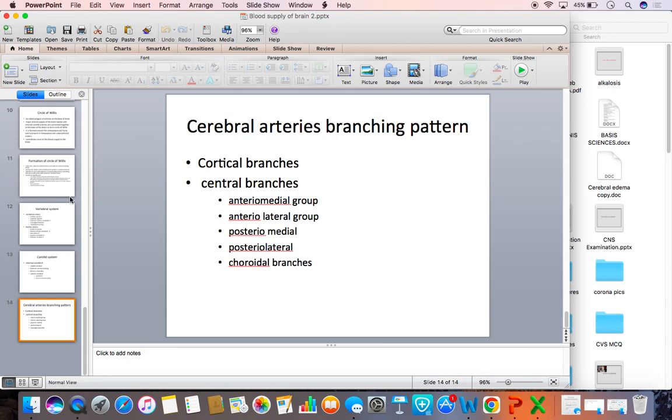And to look at the branching pattern of the cerebral arteries, they have the cortical branches and central branches. The cortical branches of the cerebral arteries supply the superficial layers of the brain, that is cortex. Central branches supply the internal structures of the brain through